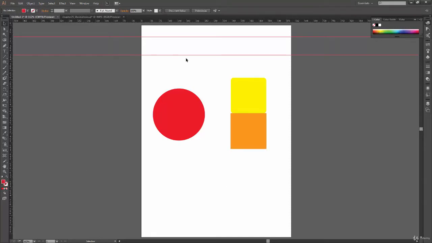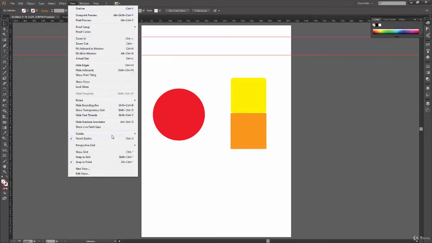And again, the same thing applies to guides also. We can press Ctrl 2 to lock all the guides here, but we have to select the guides first, and Ctrl Alt 2 to unlock the guides. But if you want to lock and hide guides without selecting, then you can go to View, Guides and use these options like Lock Guides.